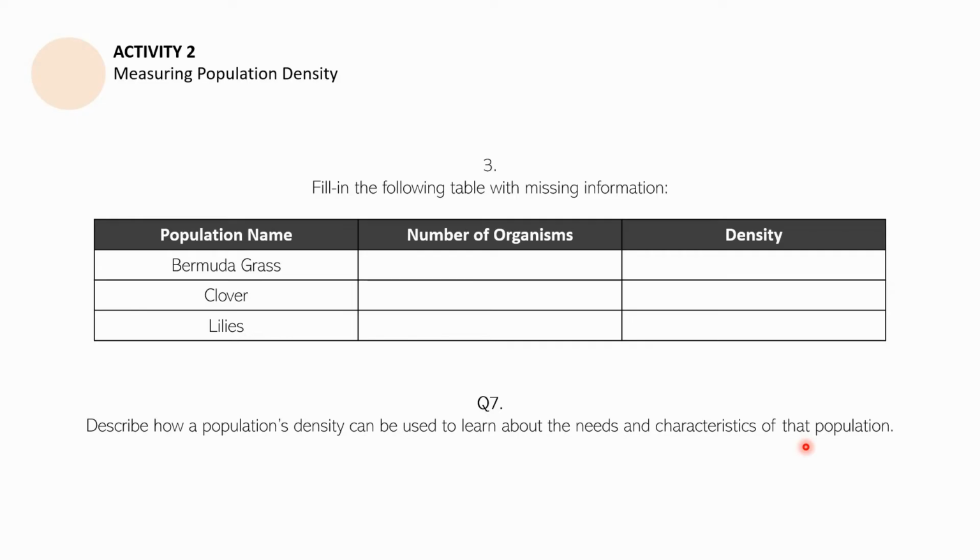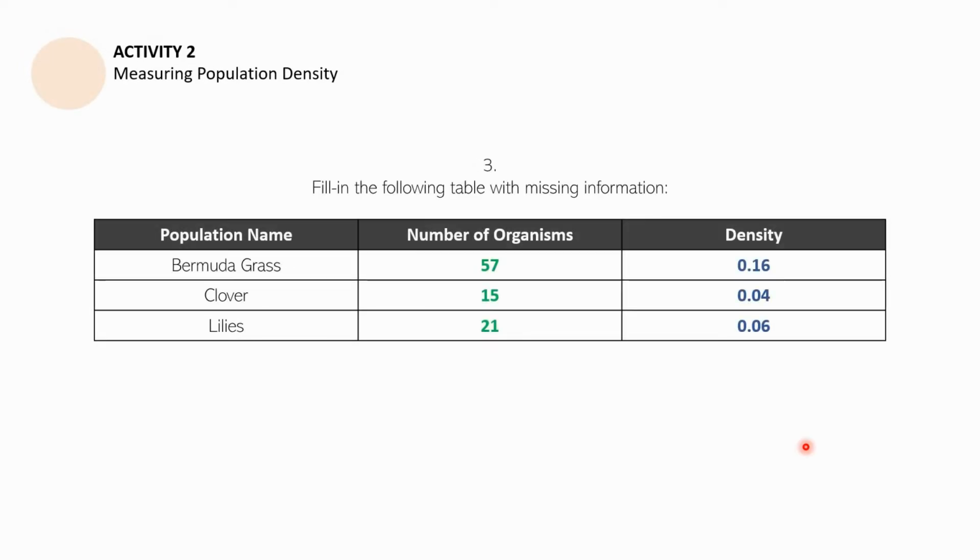If you have decided to continue, let us proceed with the answers. Your table must have the following information. Bermuda grass has 57 organisms present in that area. Clover has 15. Lilies have 21. And their densities are as follows. So Bermuda grass has 0.16 as its index of density. Then clover has 0.04. And then lilies, it has